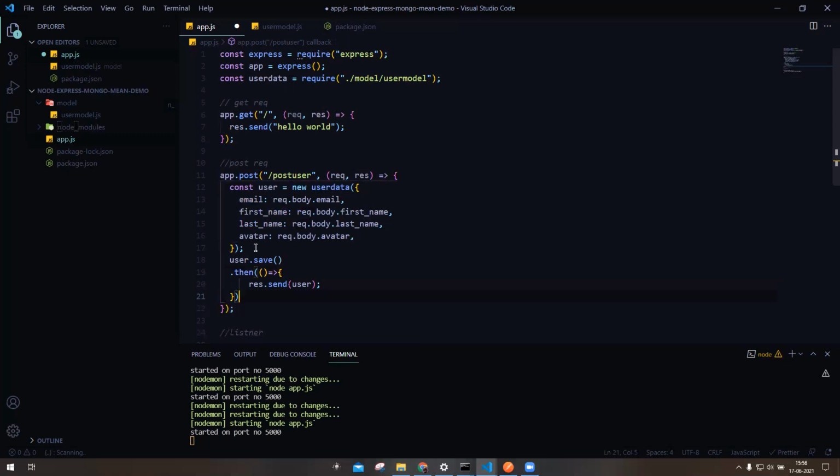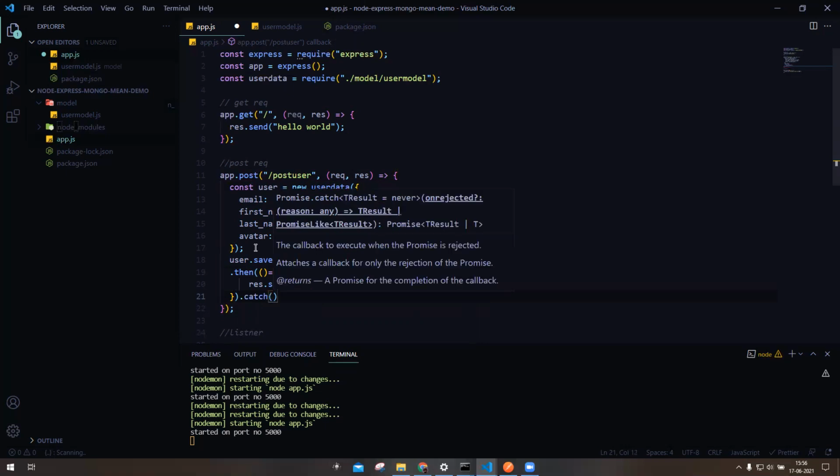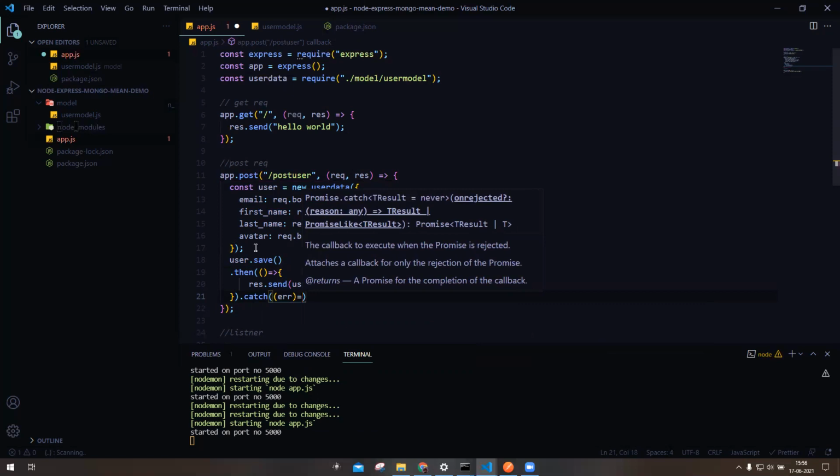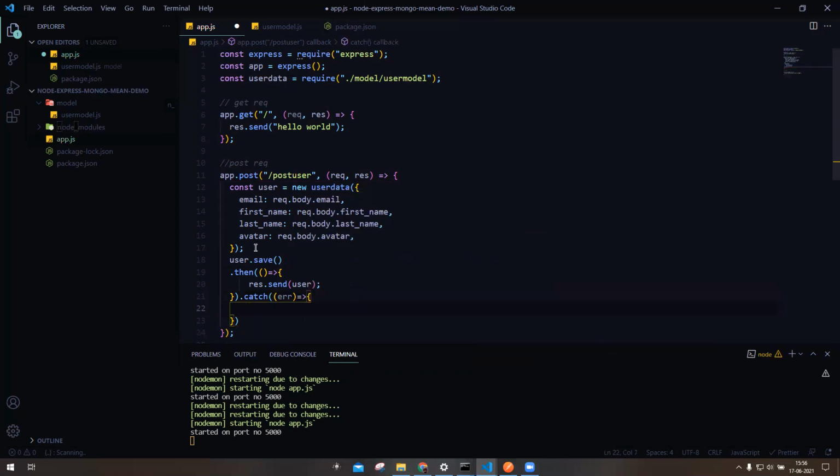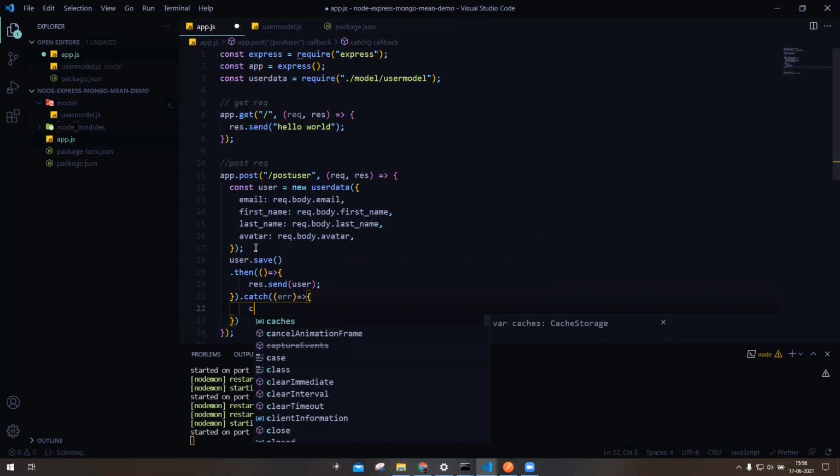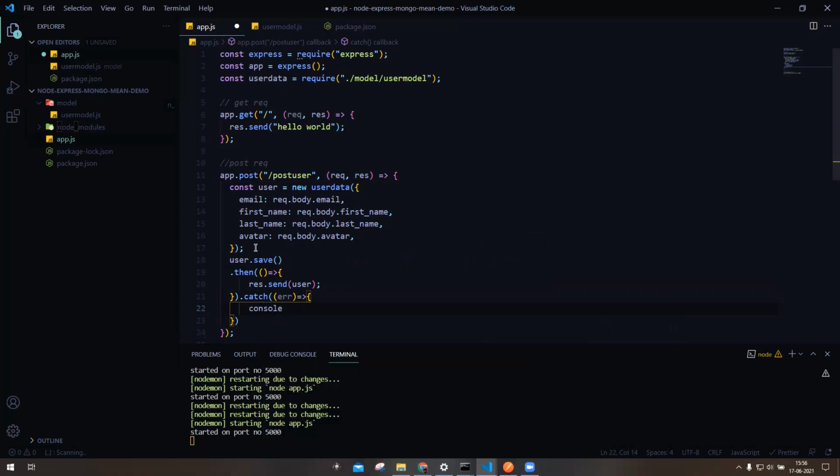And then if there is an error, we want to catch that error. So we'll call the catch method. It will take an arrow function again with error. And I want to console log whatever the error will be, inside that in message format. So I will write message error. So that's how we can create a post request for our backend server.